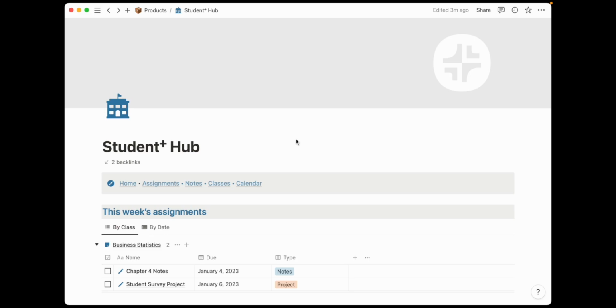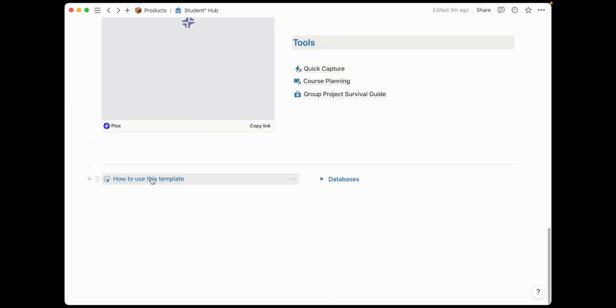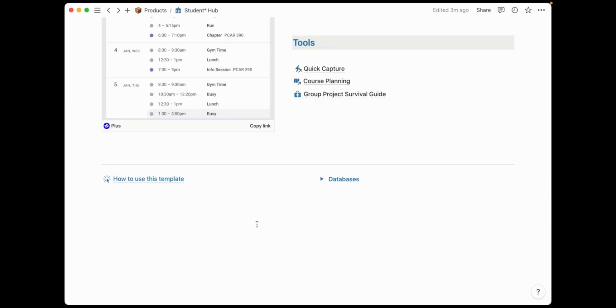So first I'll go over how to use Plus. Plus is an application that allows you to take a live snapshot of any website or application to turn data into insights that stay updated as new information comes in. Plus is currently a limited access program, and you can request early access in the link that is included in the how to use this template instructions, which will contain all of the instructions and tips that I have mentioned